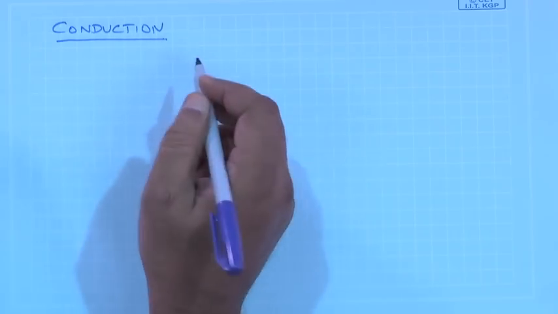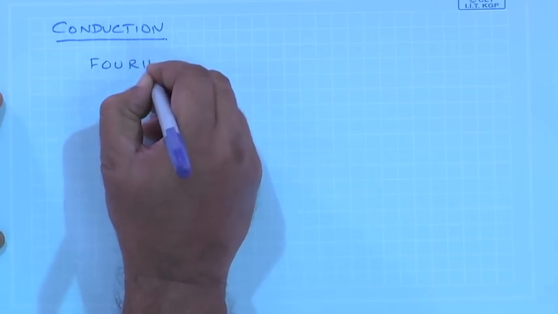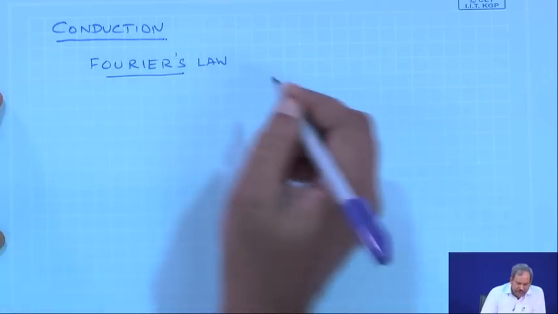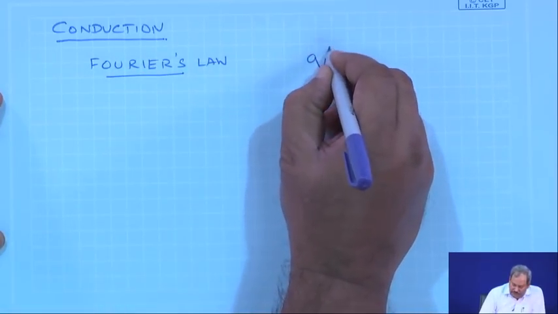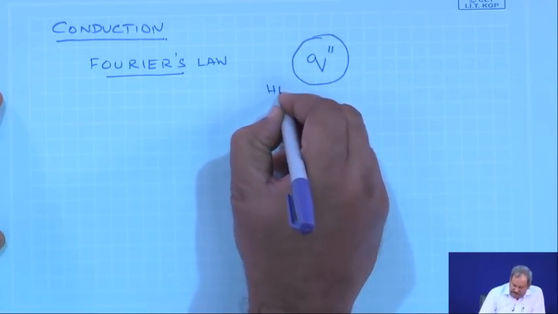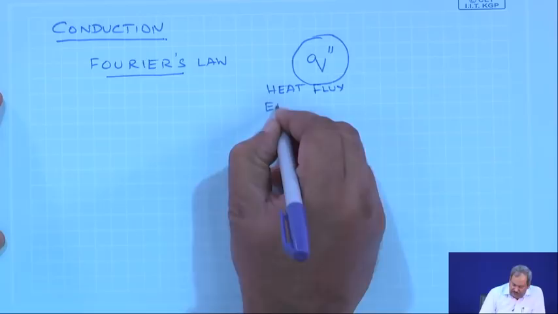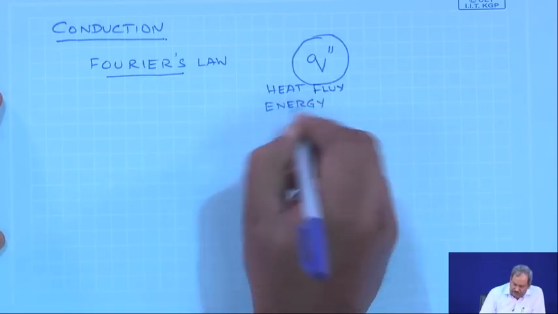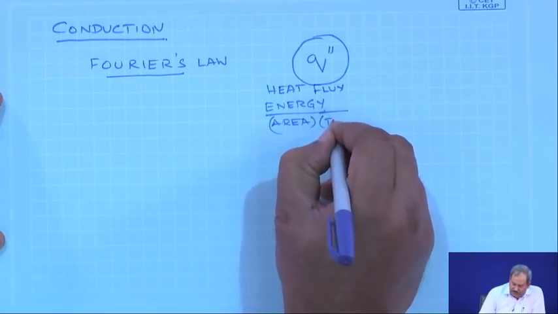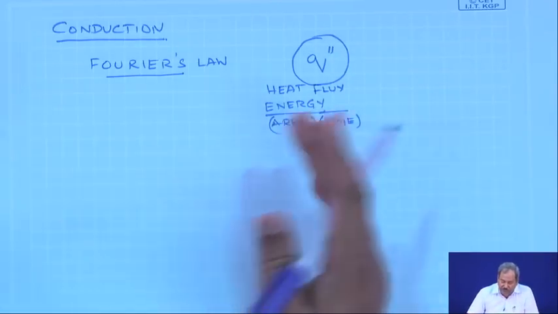So, when we start with conduction, the first law, which I think many of you are aware of, is known as Fourier's law. This Fourier's law connects this q double prime, which is heat flux, and you understand what a flux is. So, it is energy per unit area per unit time. So, it is the rate of energy which gets transported from one point to the other per